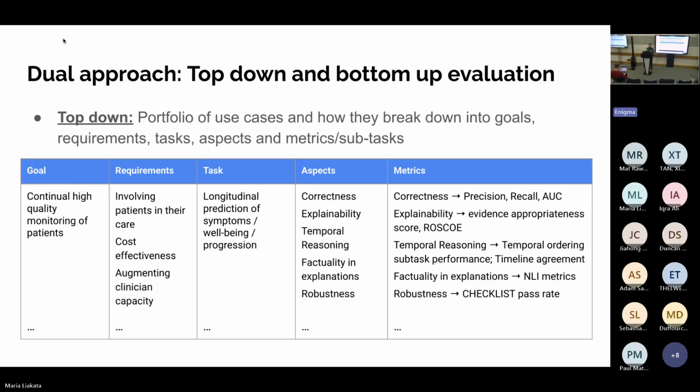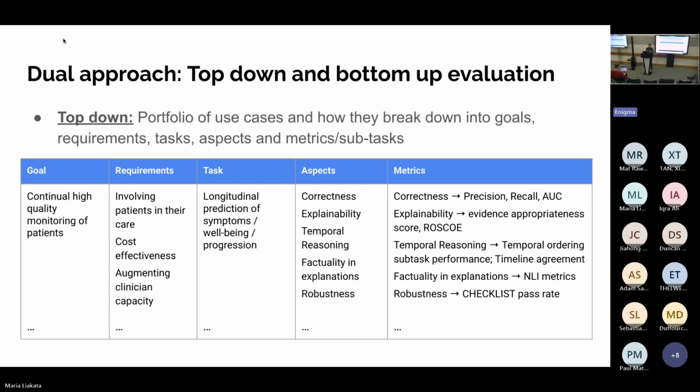There can also be a more bottom-up evaluation where elements of these particular use cases can be reused in other people's pipelines. We think this is particularly useful for companies who want to develop their own systems and have some of the same aspects and tasks that they may want to incorporate in what they're doing.